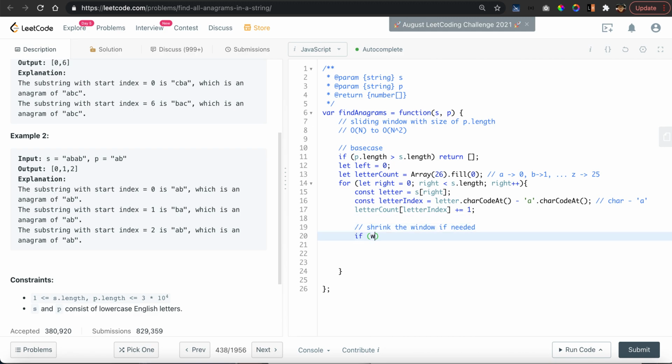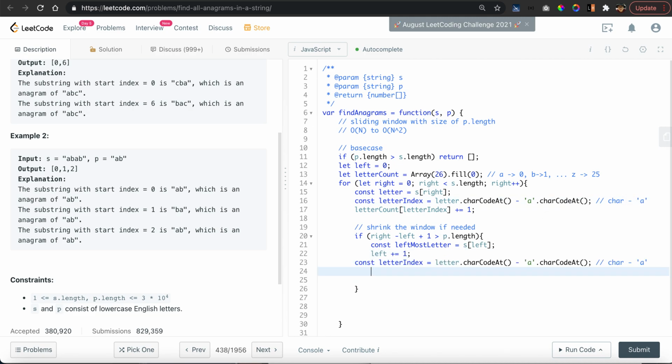If the window size, right minus left plus 1, is larger than p.length, then we are going to shrink it. How are we going to shrink it? We want to get the leftmost letter, a typical way of implementing the sliding window. So it's left, and we want to increment the left pointer a bit. We also want to get the index by using similar code. So leftmost index,